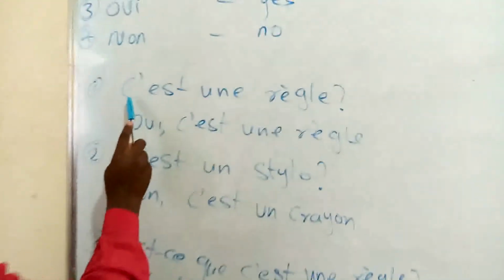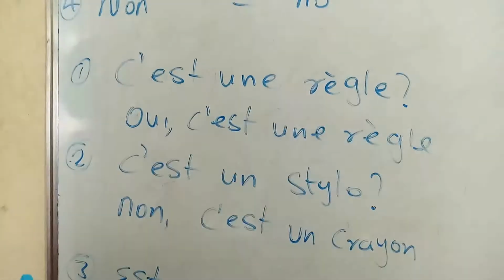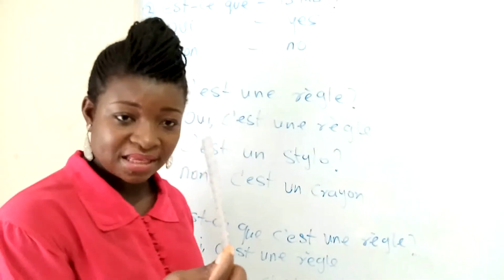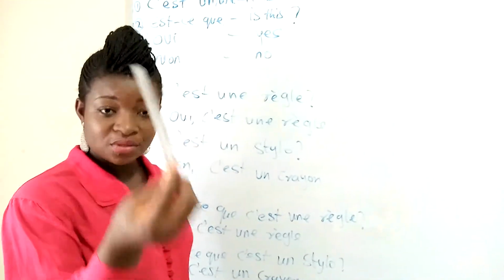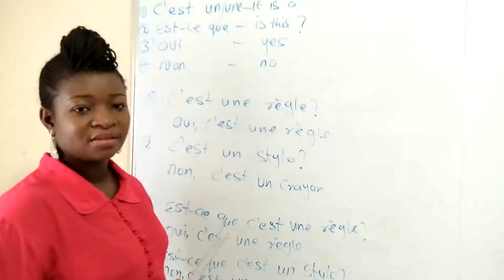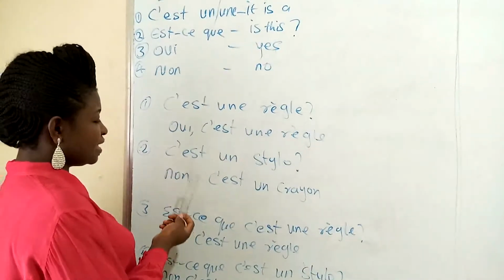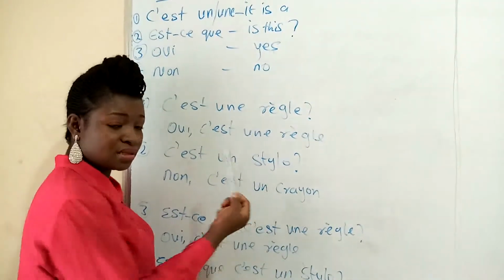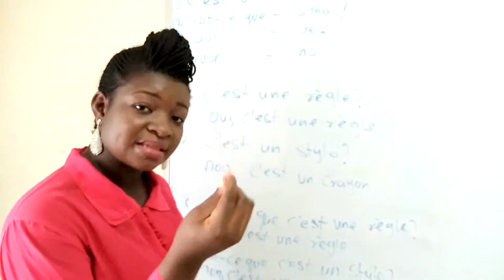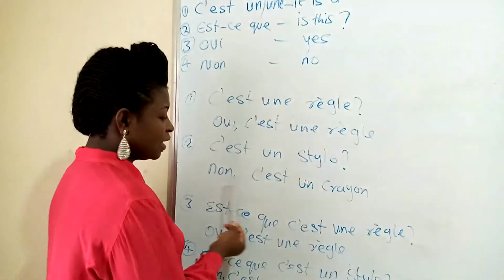Number 1 is c'est une règle. That's a statement. If it is really a ruler, like I'm holding a ruler now, and I'm asking you, c'est une règle, and you see that it's a ruler, you simply say, oui, c'est une règle. And number 2 here is c'est un stylo. I'm asking now, c'est un stylo. And since it is not a pen, you say, non, c'est